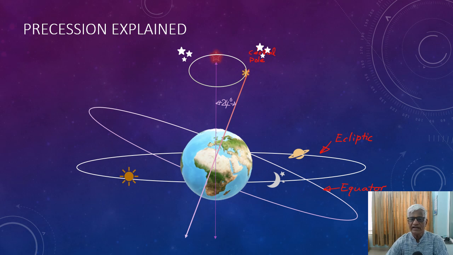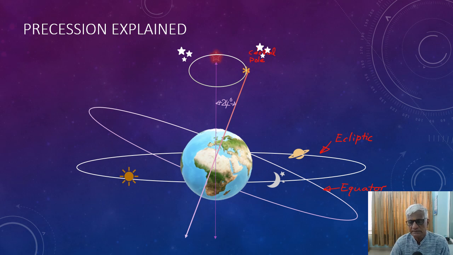So in this way, what will happen is this celestial pole will be pointing out to different stars during the long period of 25,800 years. This pole is called the Dhruva Nakshatra in our Hindu astronomic science. Dhruva because it is fixed, but however it is not always fixed.